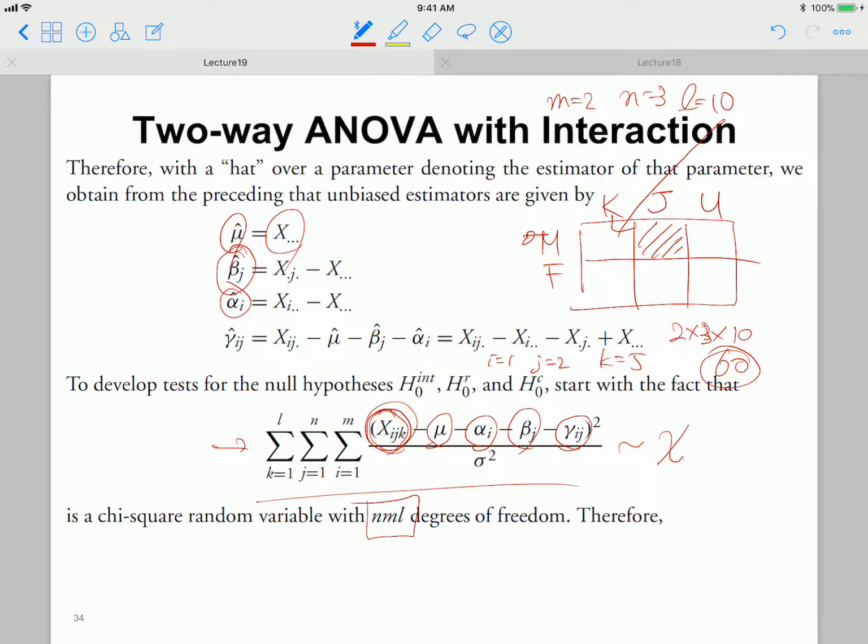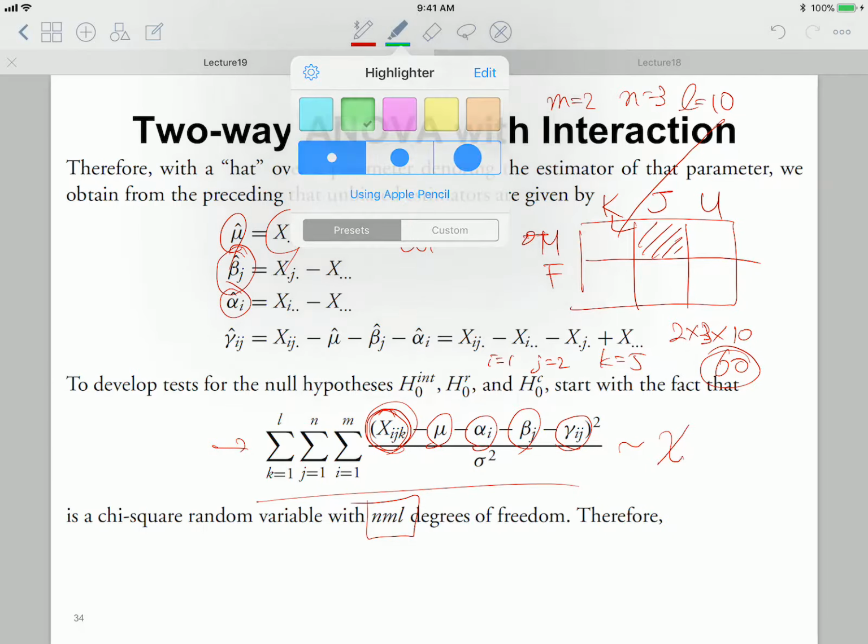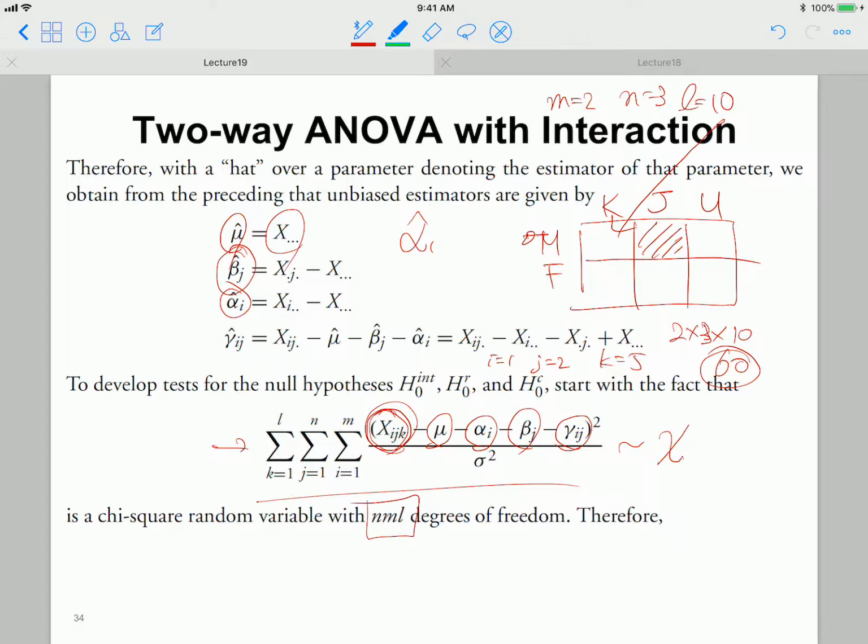For the alpha 1 hat, what is alpha 1? It corresponds to this group, and we consider the sample mean of these observations. How many samples do we have? 3 times 10, so 30 different observations, and we take the average of them, represented by